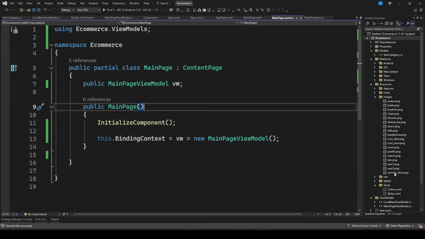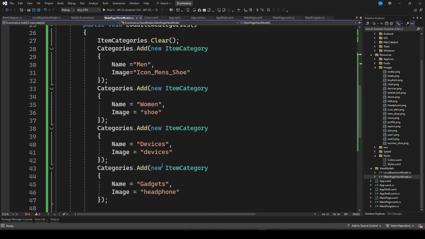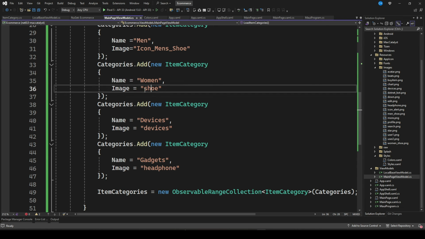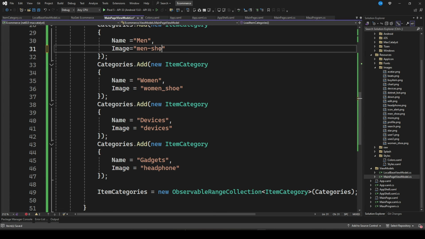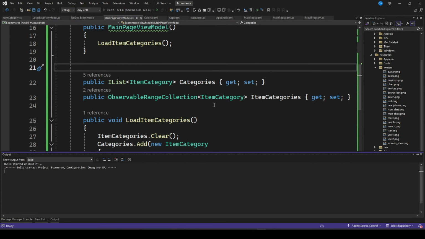So I want to confirm we have our women shoe here. So I'll just ensure that we have the correct thing here. So I'll just do women shoe. Then we need to have men shoe. So we need to have men underscore shoe. Men underscore shoe. So once we have this, let's just try to launch our app and see if we can